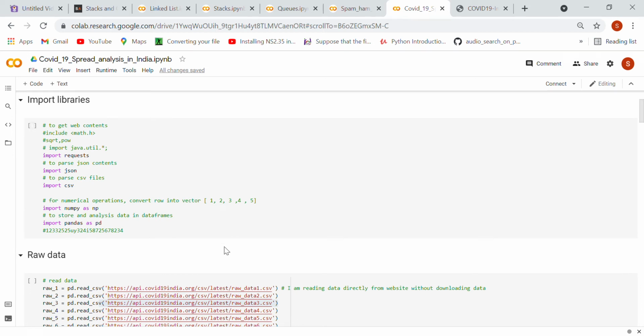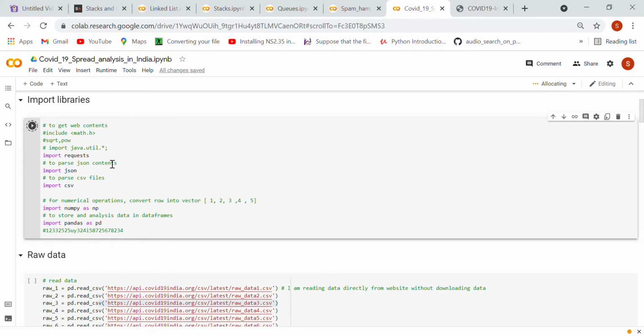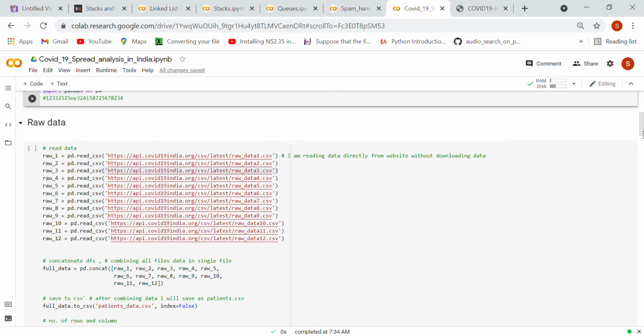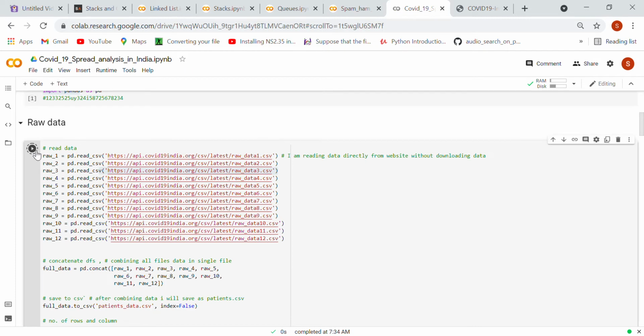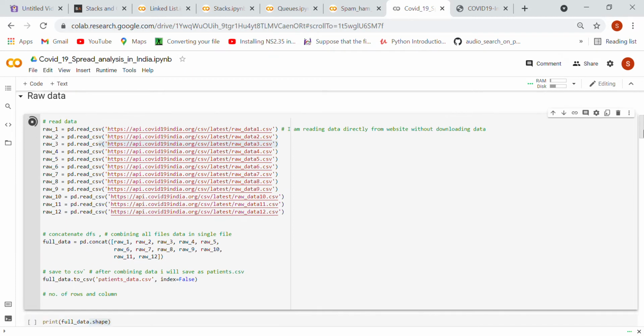So to run this code in Google Colab, you just need to click on this arrow symbol and wait for a few seconds. It will take some time because we are running on the cloud Colab service, which is based on the internet, so obviously it depends on your internet speed. Now you can see that when I run it, there is no output generated here, and there is no error also. Now I am going to run this line where I'm reading the data from the URL itself.